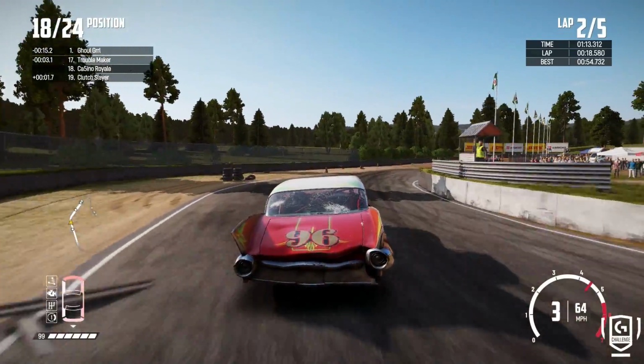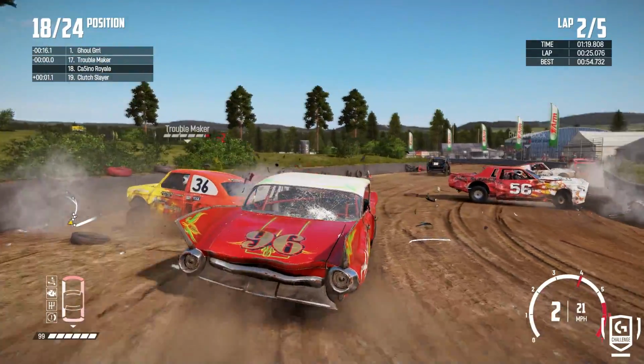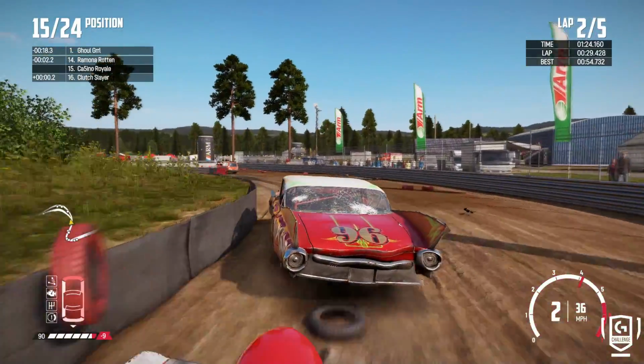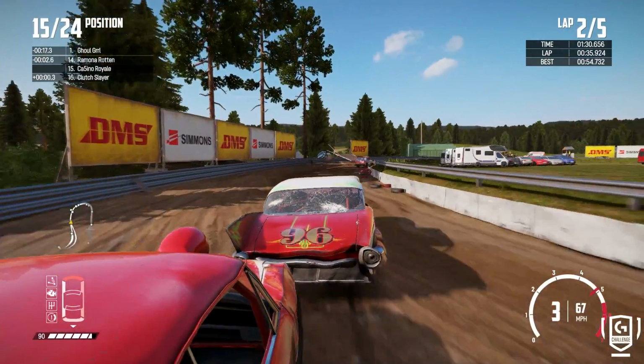I mean, A, it's Wreckfest, and B, yeah, it is a big old boat of a car. We're trying to chuck into these corners, get out of the way. We'll sneak our way through as best I can. Don't know whether we're going to really be able to make up... You never really know with Wreckfest whether you're going to be able to make up a lot of positions or not